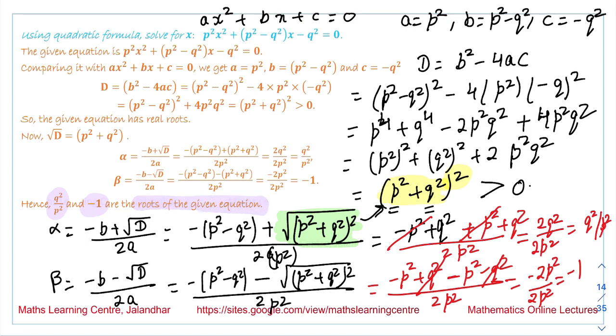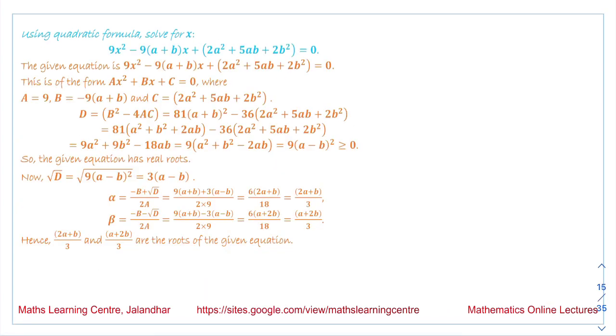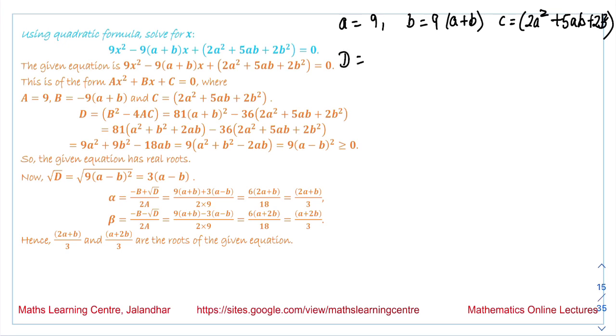Next is using the quadratic formula solve for x. This equation is given to us. So what we have now is a equal to 9, b equal to 9 into (a plus b), and c equal to 2a square plus 5ab plus 2b square. Now to find the value of the discriminant, we are saying it is b square